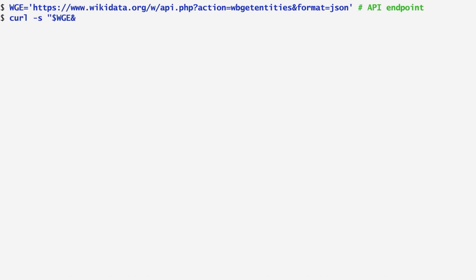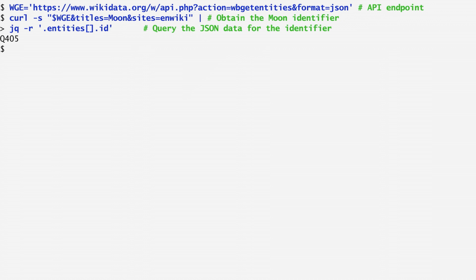Next, I run curl on this URL in order to find the identifier of the Moon, the Earth's satellite. I specify the WGE variable that contains the URL and pass as an argument a title with the value Moon. Then, I pipe the output of curl to JQ, requesting from the entities array the identifier of the Moon. We get that the identifier is Q405.